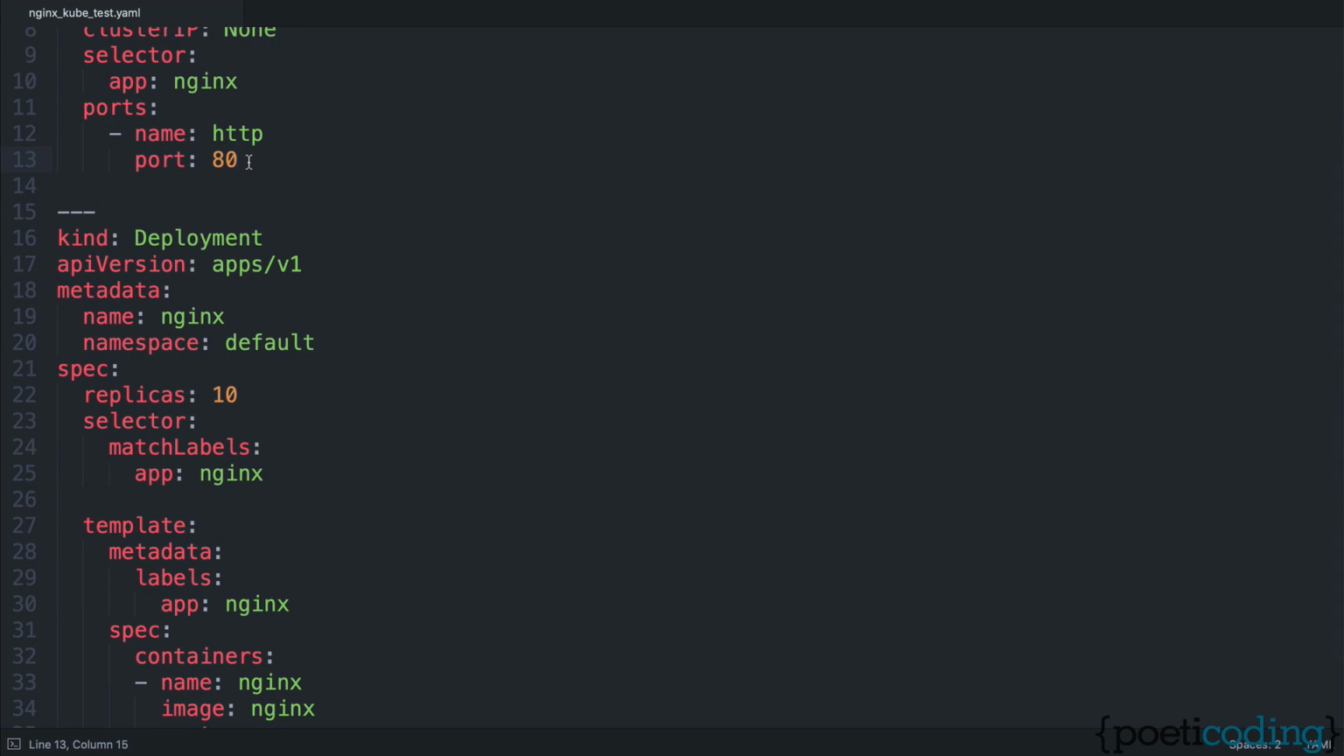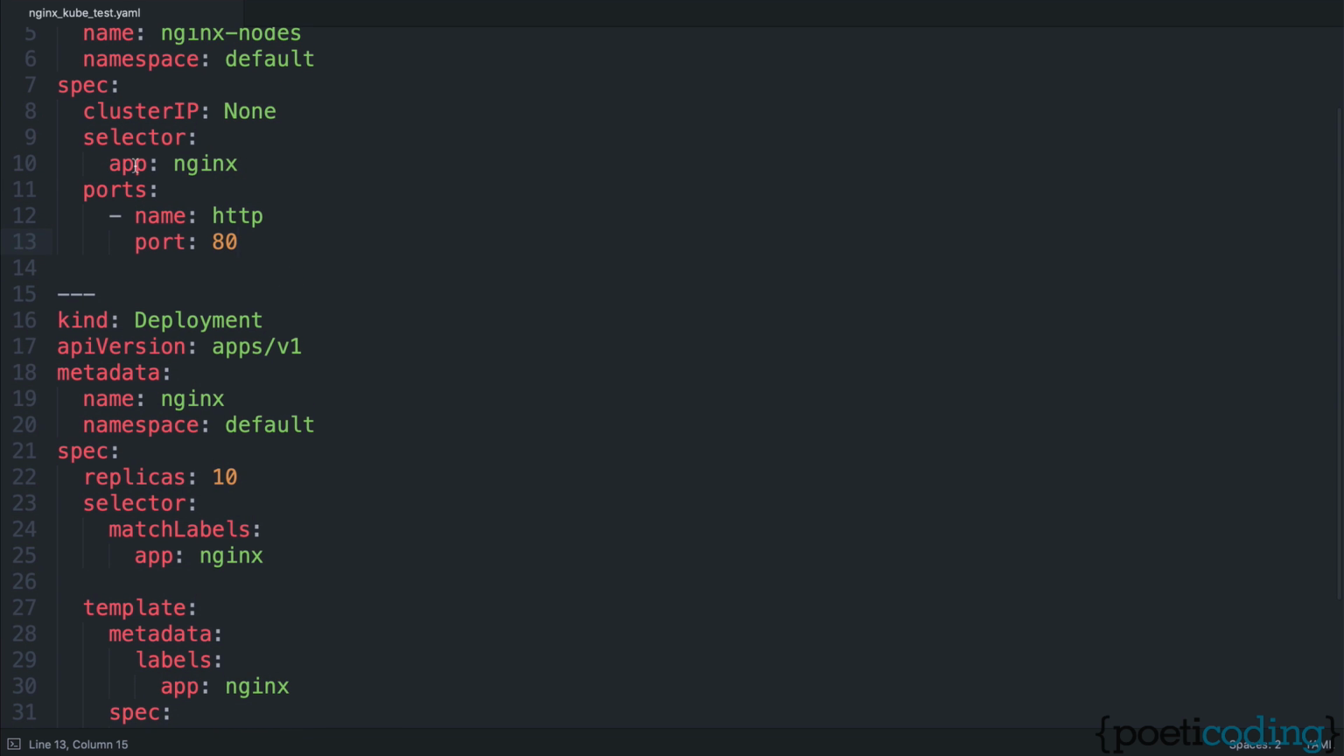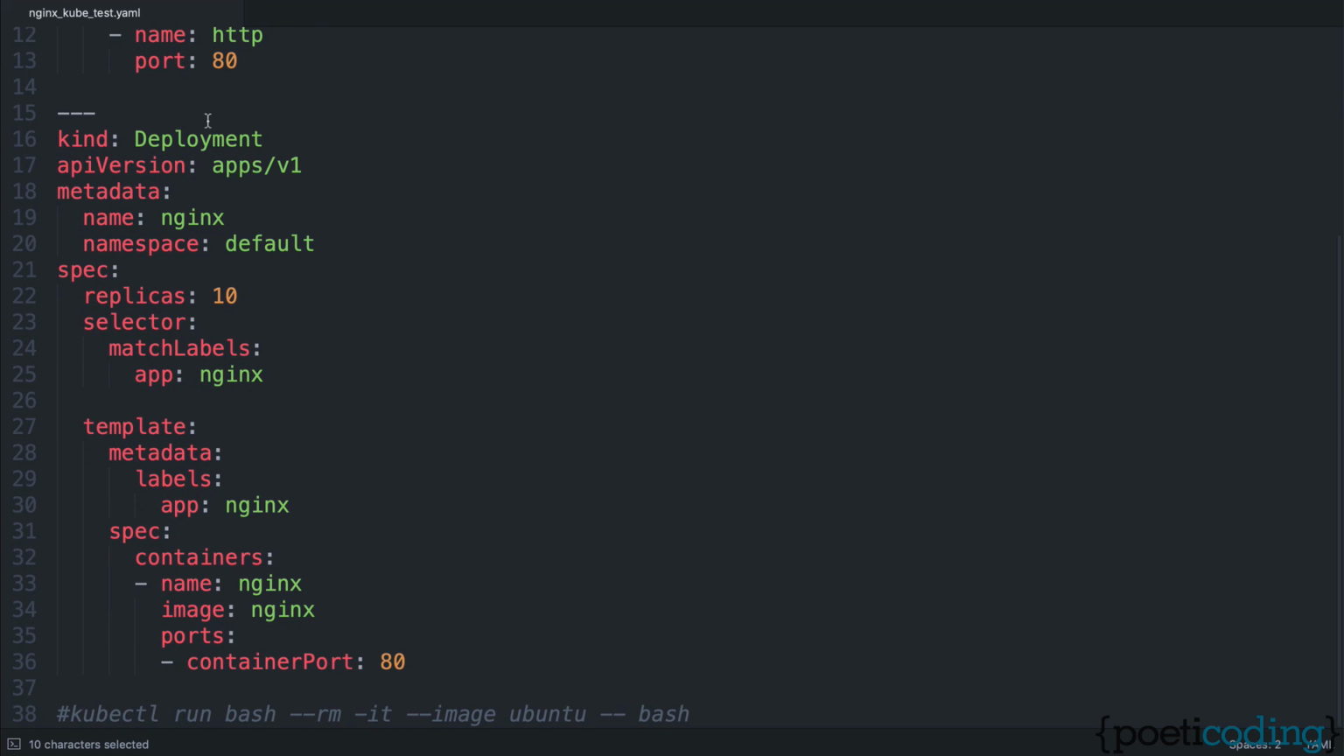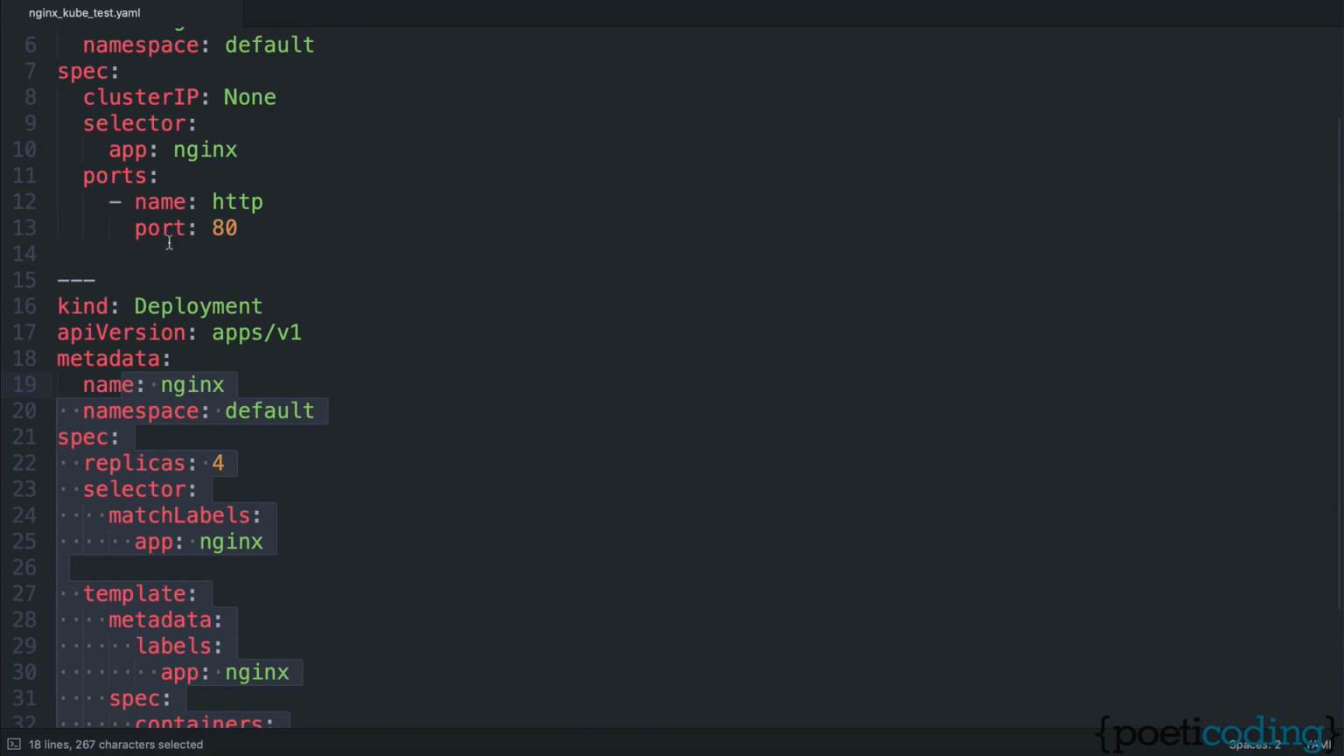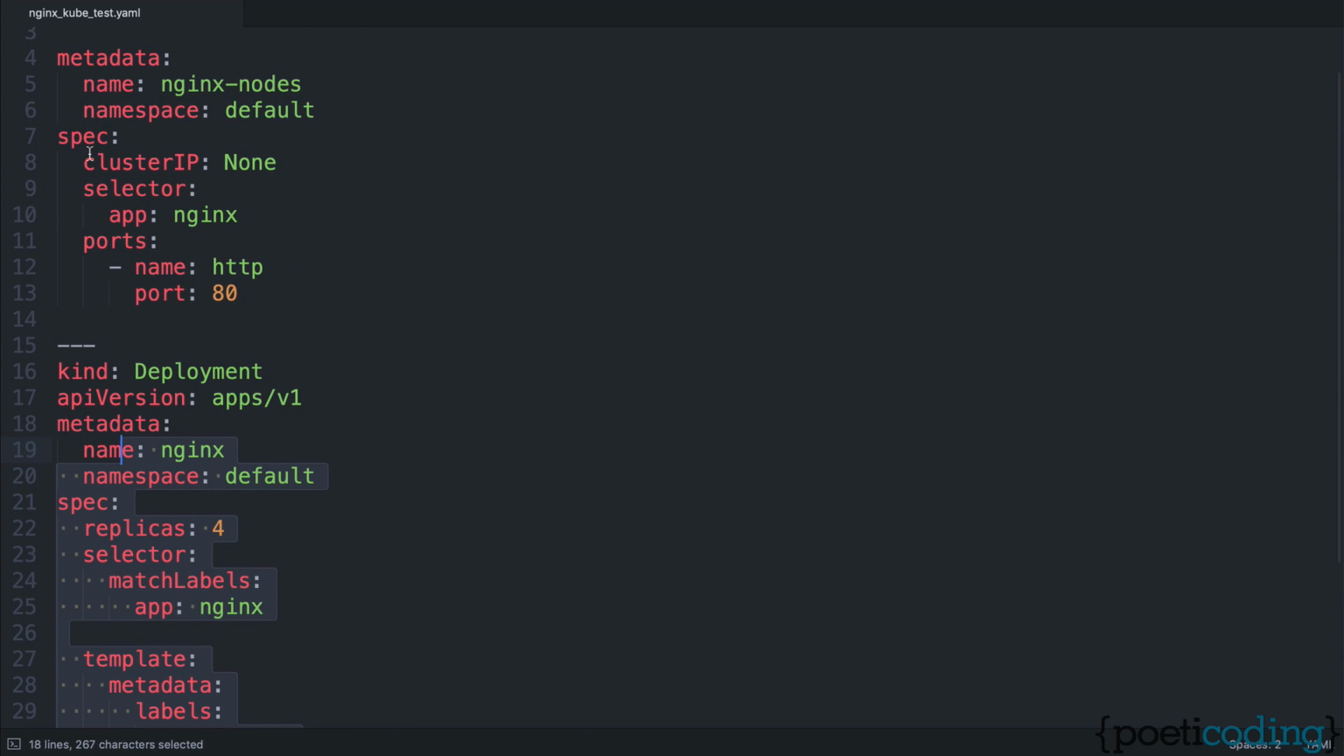And the container, so you see here the selector app nginx, so this service is going to target all the pods of this deployment. And you see the container. This is just an nginx deployment. So we have, okay, let's put, for example, 4 replicas. And yeah, this is a pretty simple, normal nginx deployment. And this will point to